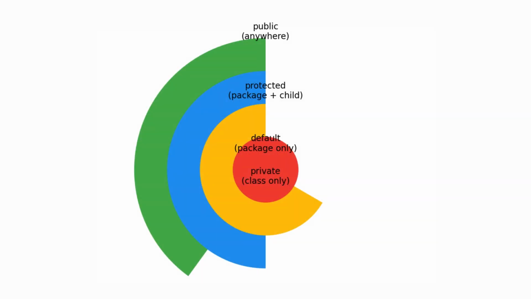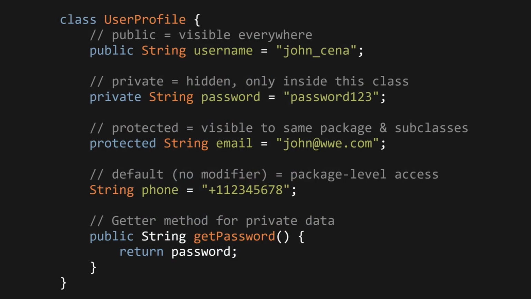Let's write a code for public profile versus private data. Class UserProfile, public String username = "John Cena", private String password = "password123", protected String email = "john@wwe.com", String phone = "+1 123456778", public String getPassword() { return password; }